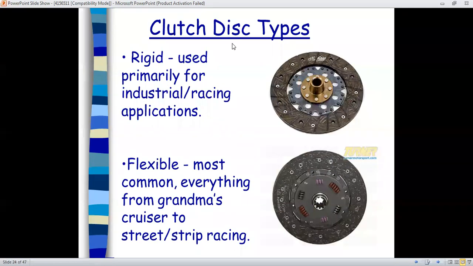Okay, so clutch disc types. Rigid is primarily for industrial and racing applications. Okay, primarily the rigid is used for industry or racing car purposes. Okay, flexible is the most common, everything from the grandmas